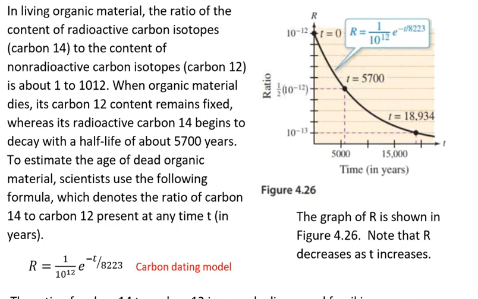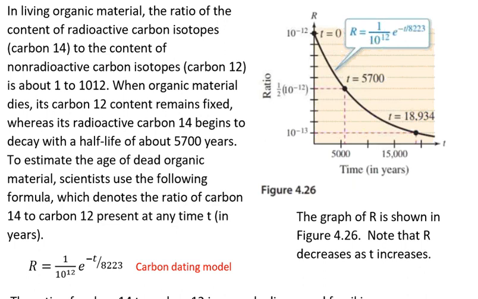In this video, we're going to go through a carbon dating model example. First, a little background. In living organic material, the ratio of the content of radioactive carbon isotopes, or carbon-14, to the content of non-radioactive carbon isotopes, carbon-12, is about 1 to 10^12. When organic material dies, its carbon-12 content remains fixed, whereas its radioactive carbon-14 begins to decay with a half-life of